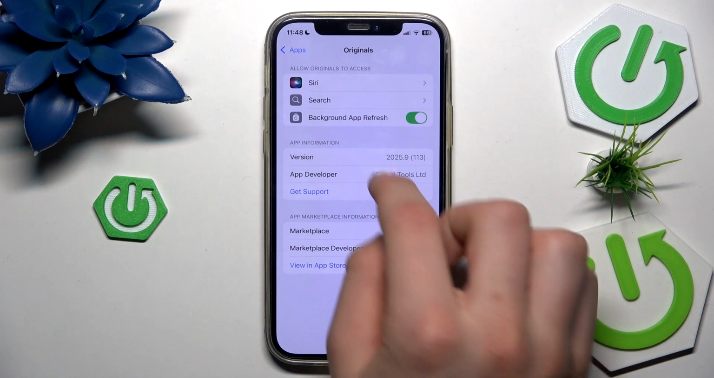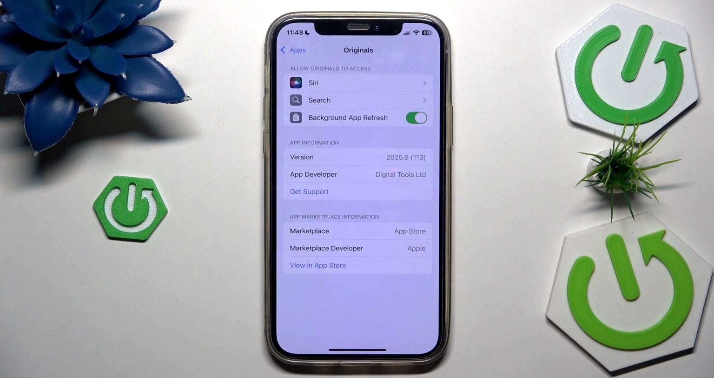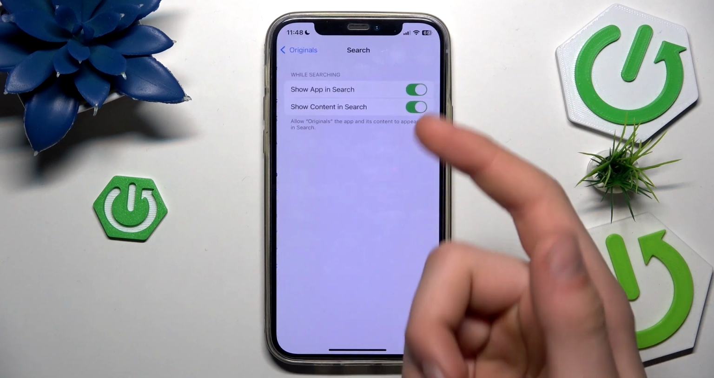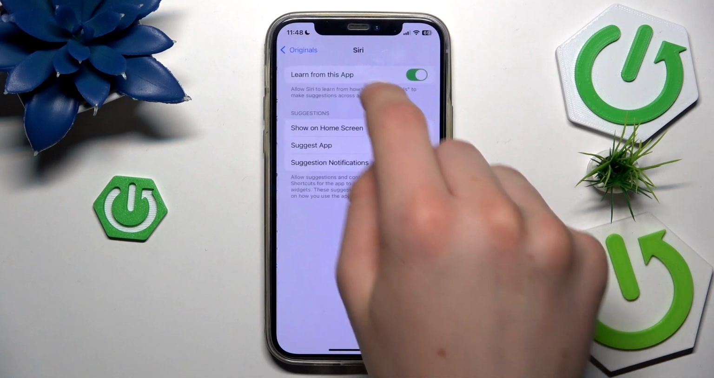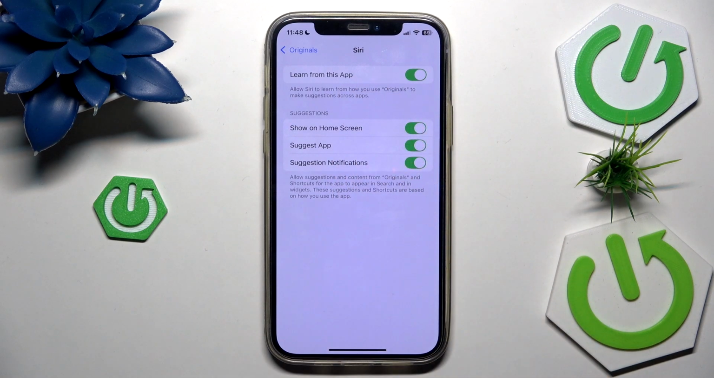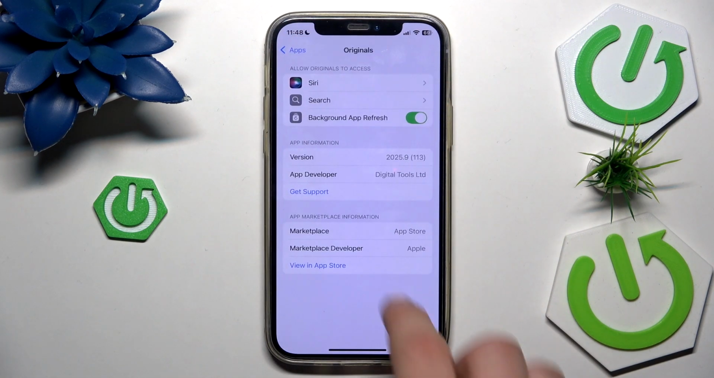So here we've got the version, developer, and background refresh. Search bar, show up in search, show content, and Siri, learn from this app. Everything should be on, background app refresh on. But if the issue is still popping up,